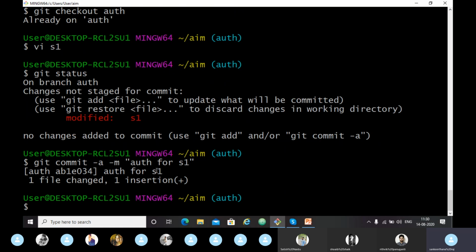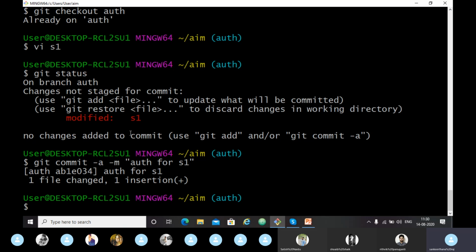But here, by using git commit -a -m, we can stage it and commit it with a single line command. The -a option will just stage and commit any tracked files that have been modified.